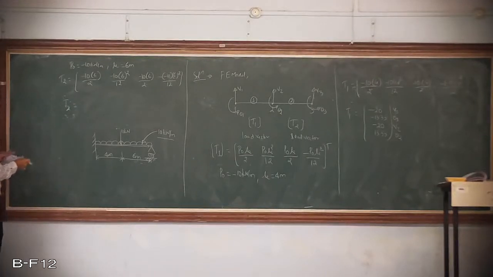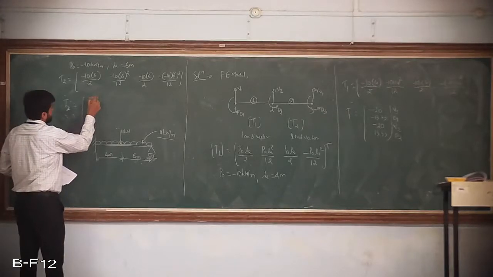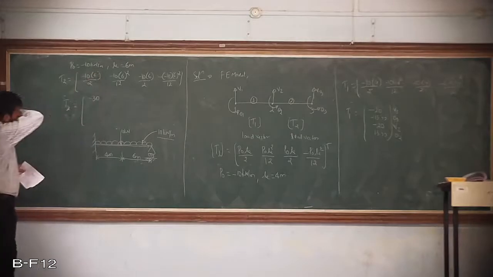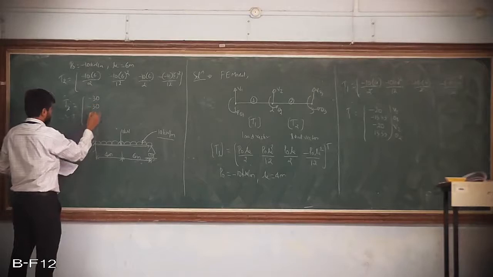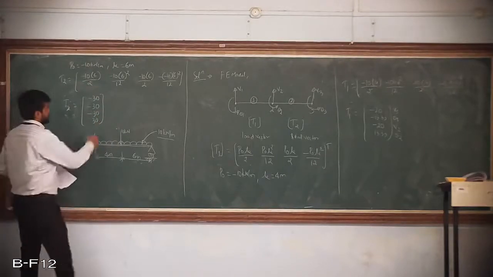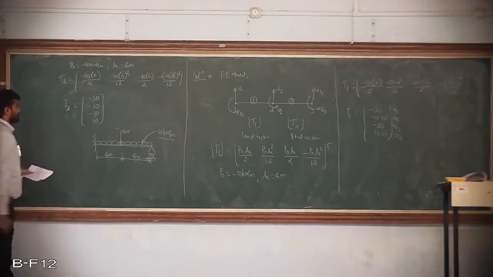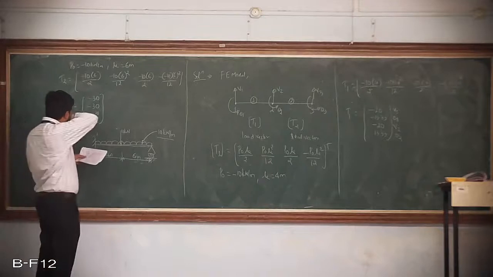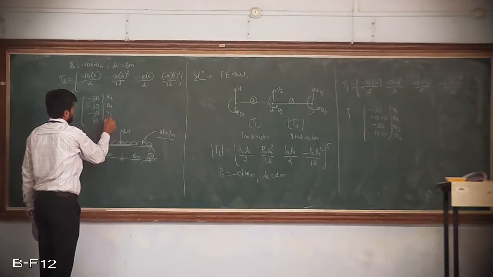Now simplifying this, what you will get is minus 30. So this cancels, you will get minus 30 here, and here again minus 30. Similarly here minus 30, and last will be 30. Minus of minus into minus will be plus, that is why here it is 30. So for T2, what we will be getting is V2 theta 2, V3 theta 3.